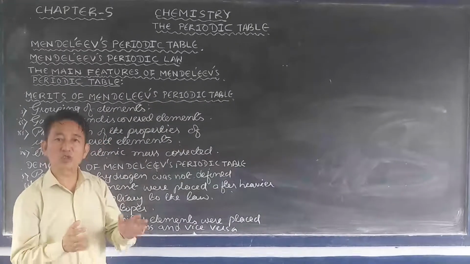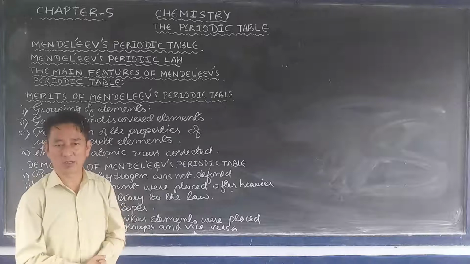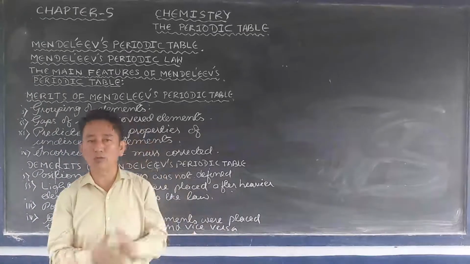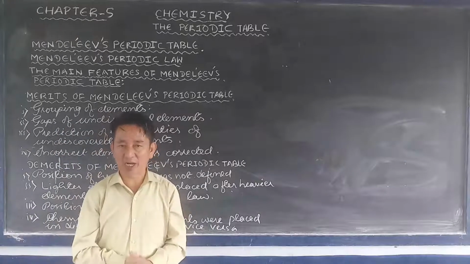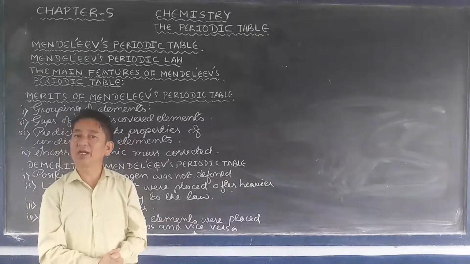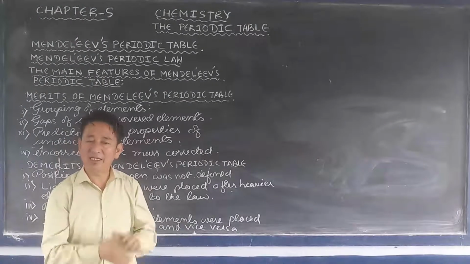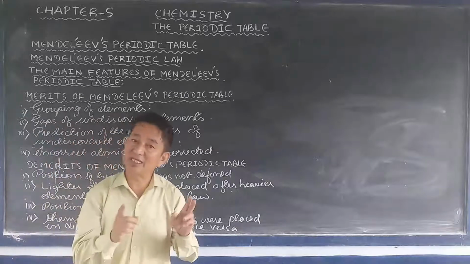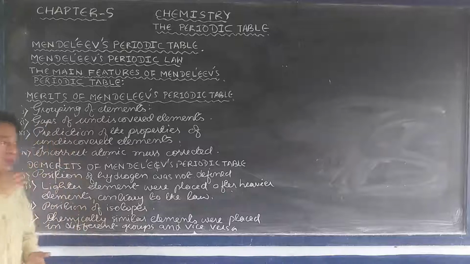Dobereiner's law of triads was also discarded later on because he failed to arrange all the known 63 elements in the form of triads. It means that this idea of classification did not work for all the elements, and it did not work even in the same group, as in the case of halogens. Then after